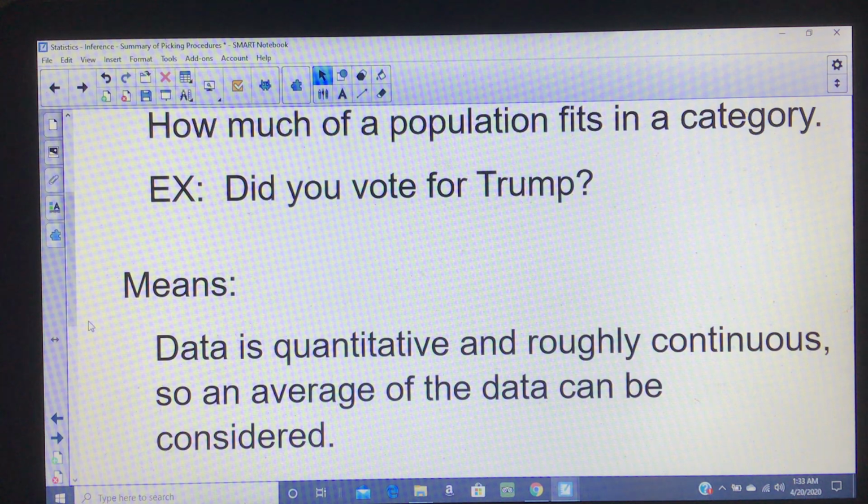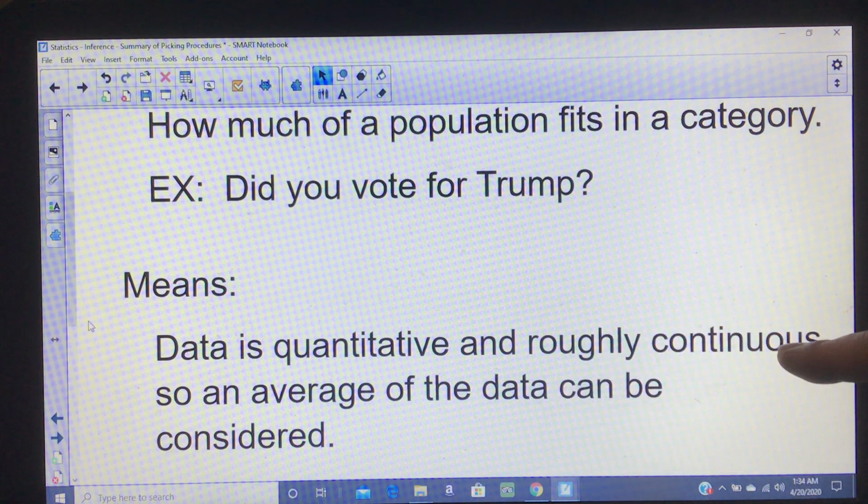It can be totally continuous, but sometimes the data isn't perfectly continuous, like grades in school. If we're giving out averages, most times on the report card, they'll put 95 or 96. They will put 95.3. But so long as it's roughly continuous, like you have a scale from 0 to 100, it's not perfectly continuous, but it's got a lot of gradation to it. So long as the data is quantitative and seemingly close to continuous or truly continuous,